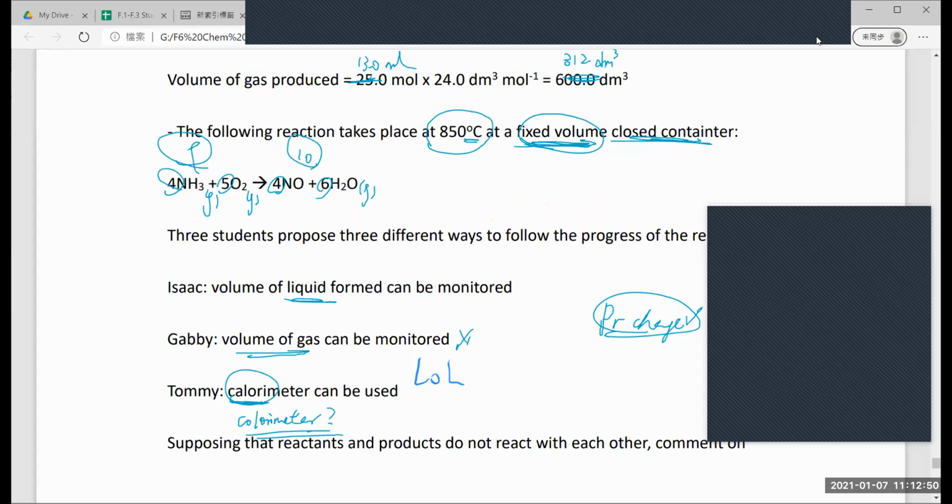Now even if I change it to calorimeter, it is still not feasible, because no colored gas will be formed. 咁所以呢隻字要小心啲。Calorimeter 呢啲字啊，小心啲。因為冇有顏色嘅氣體。跟唔跟到？